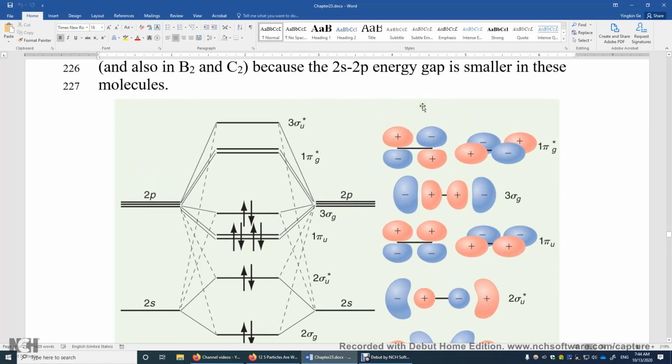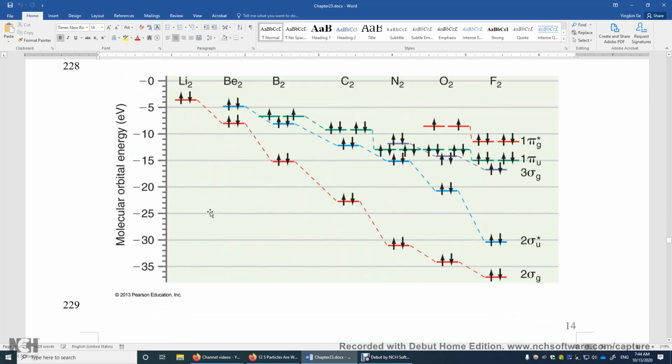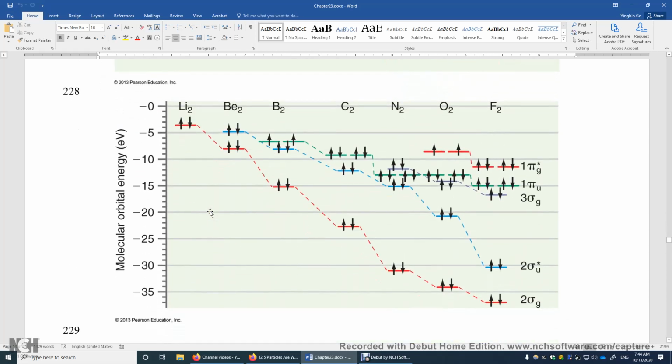3 sigma u star is not drawn here, but it looks similar to this, except you need to change this plus to minus, this minus to plus, and then you need to draw a nodal surface in the middle. Now let's look at the MO diagrams of lithium 2, beryllium 2, boron 2, carbon 2, nitrogen 2, oxygen 2,